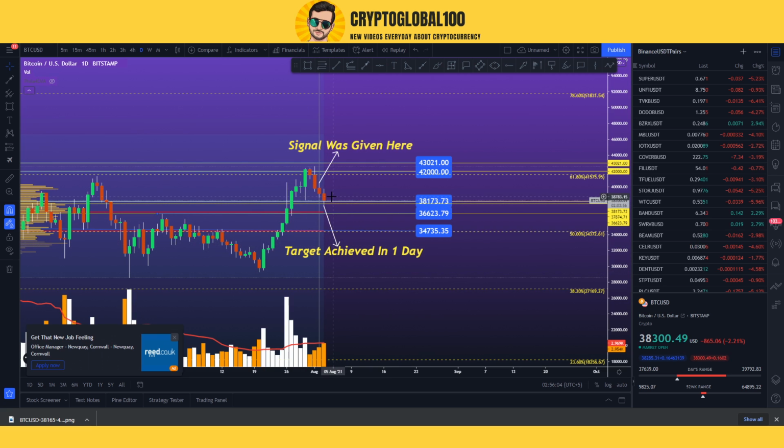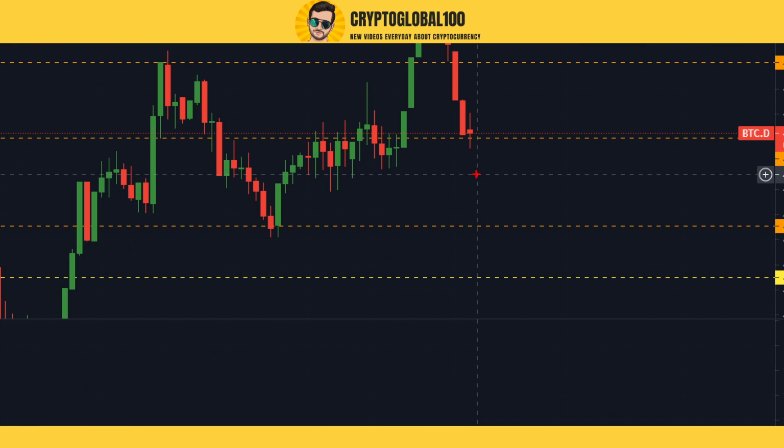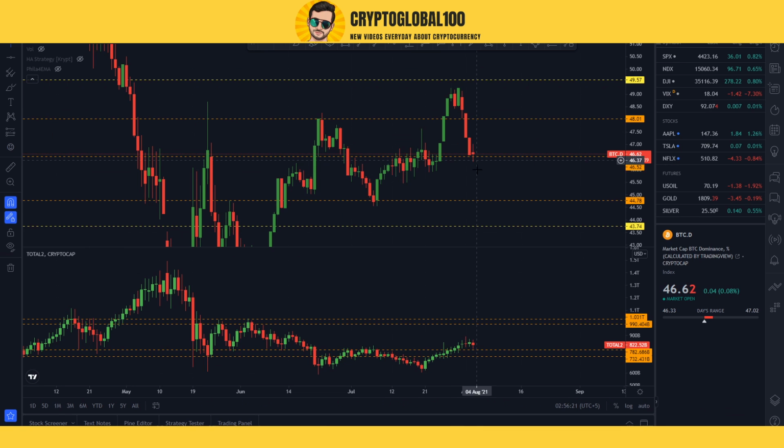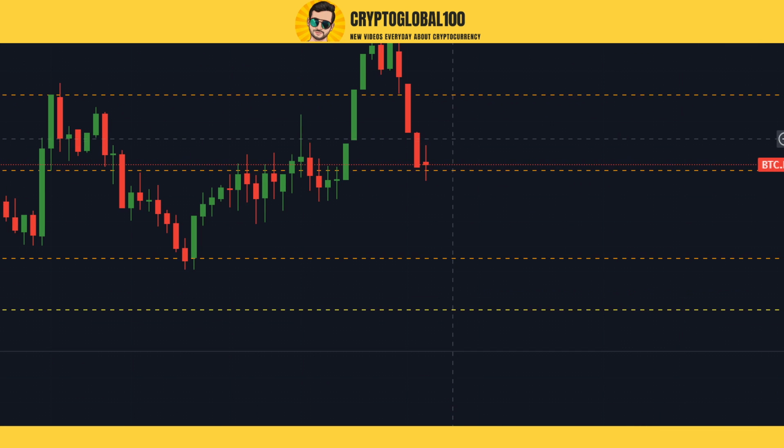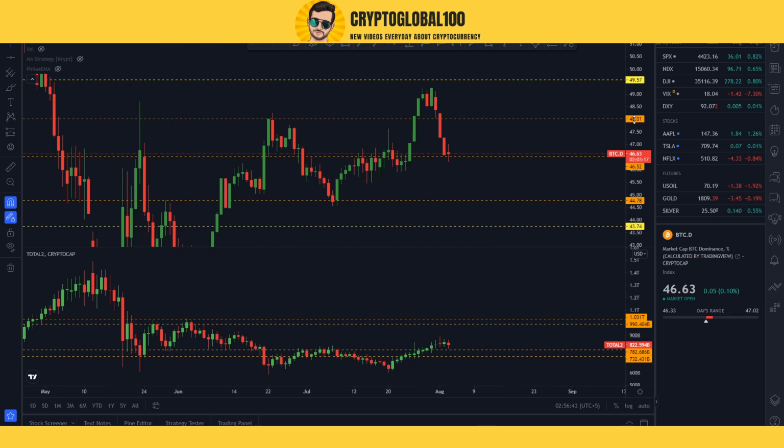You can see here also, we can take a look at the BTC. The price is near the support level, but looking at this chart, you can see multiple rejections from this area. It is a very important area. This candle is showing a 50-50 kind of situation in the market. The market is not on either the upside or the downside, but this candle is showing we might be going down. This area is going to break soon, so you have to wait for that.